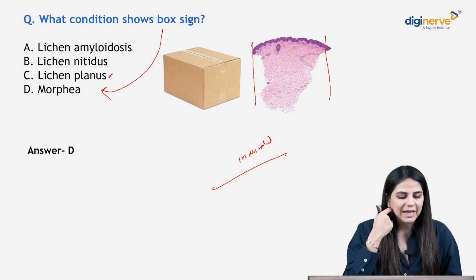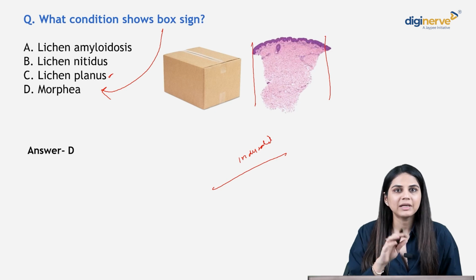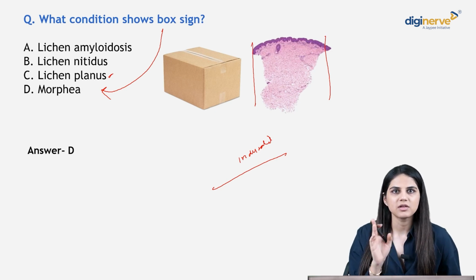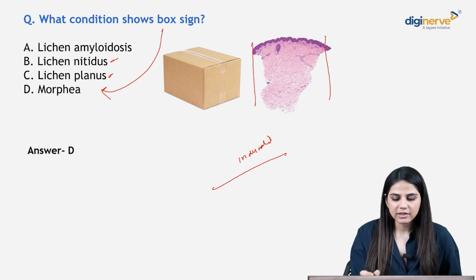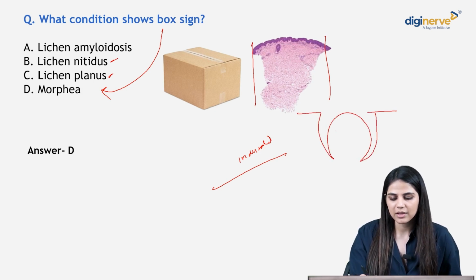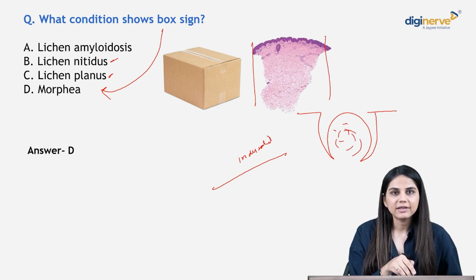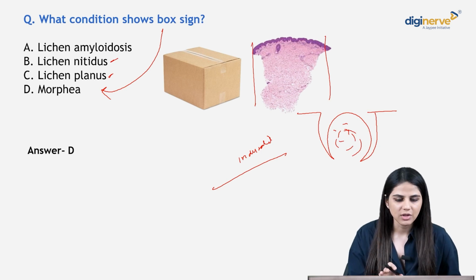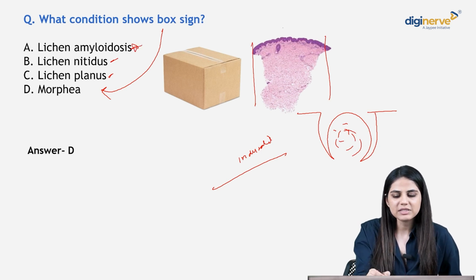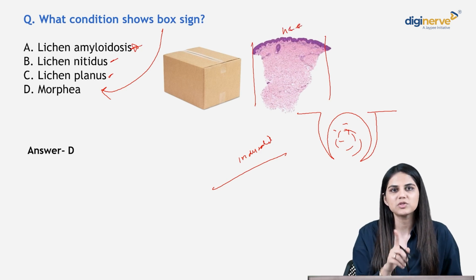In lichen planus, there will be pigment incontinence seen and interface dermatitis. Lichen nitidus has those papillae clutching the ball appearance. Remember that? And lymphocytes here. So that will be lichen nitidus. And lichen amyloidosis will show some degree of amyloid deposition. And secondly, it will not be stained with H&E, it will be stained with special stains.